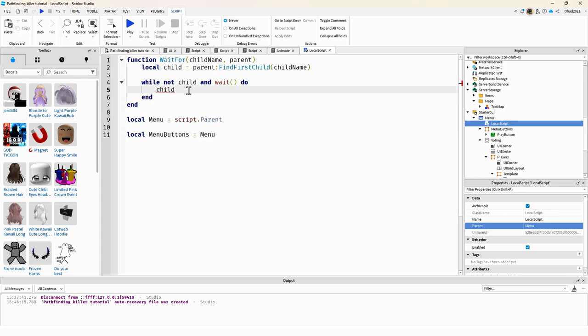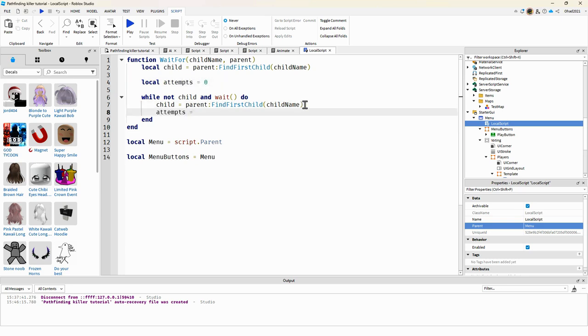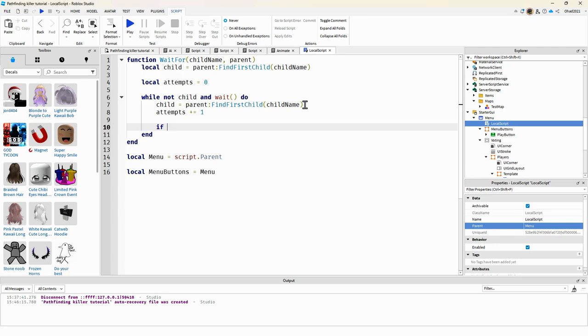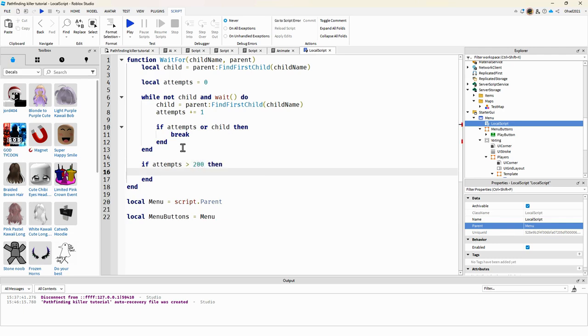Child is going to equal this, and we're going to get the attempt. So local attempt is going to equal 0, and attempt is going to plus equal 1. And we'll check if attempt or child, then break. And at the end here, we're going to check if attempt is more than, let's say, 200 attempts, then we're just going to warn: too many attempts for finding, comma, child name, comma, and comma, parent dot name,